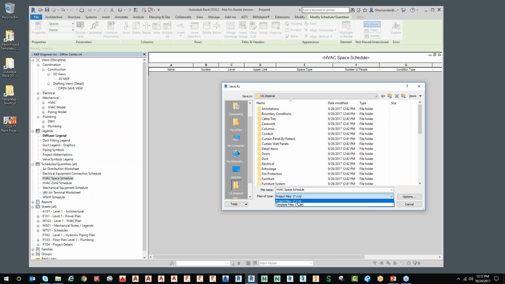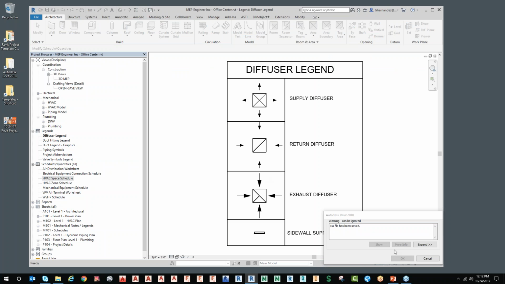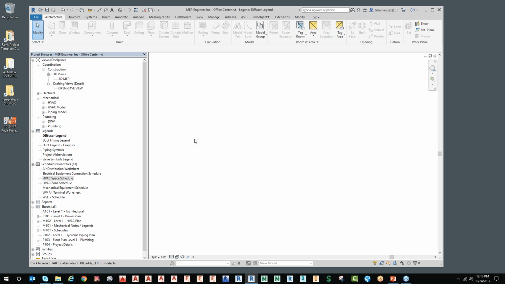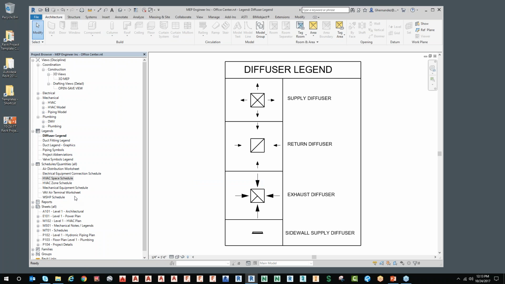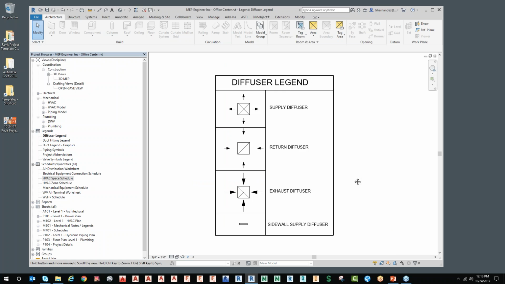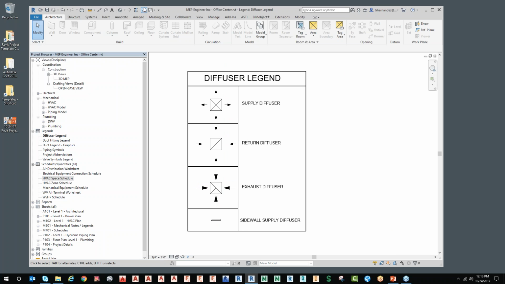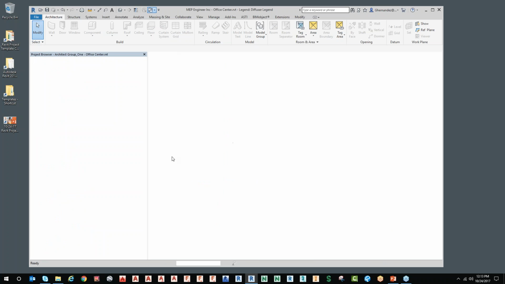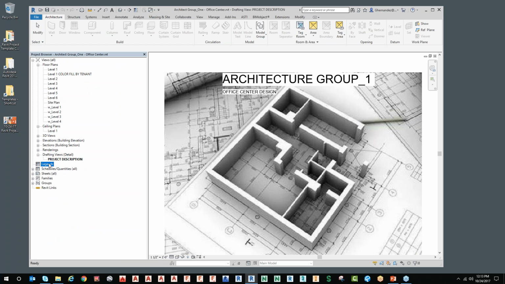And I put it on my server somewhere under my schedules, and then I can bring that schedule into any project. Cancel out of that. Get back into this legend. Now, what do you do with legends? Now, you can do a couple of things with legends. You can actually create a legend,